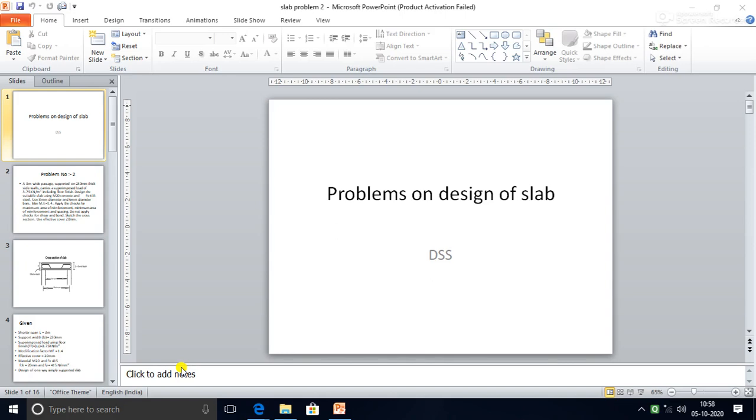In the last lecture, we had seen one problem on design of a one-way slab. In that, we noted down all the design steps, and accordingly, following those design steps, we designed the one-way slab. Now we will see the second problem on design of a slab. In that, the problem statement is